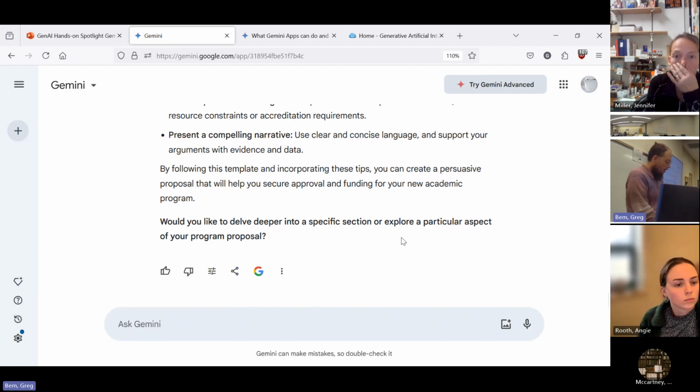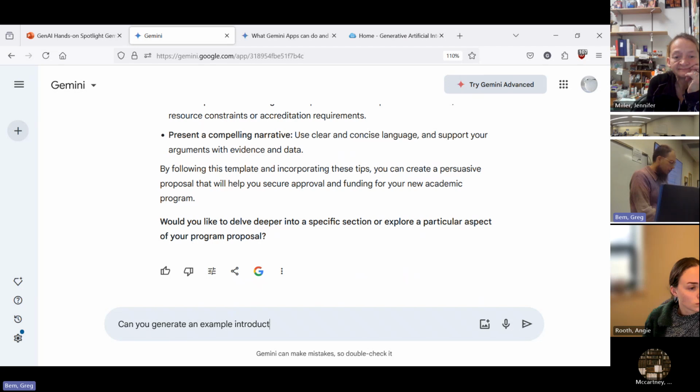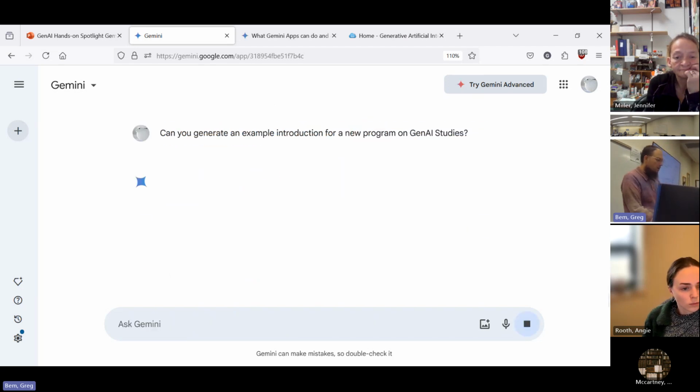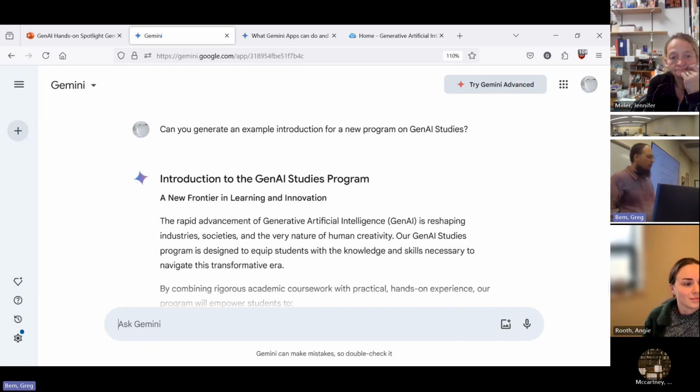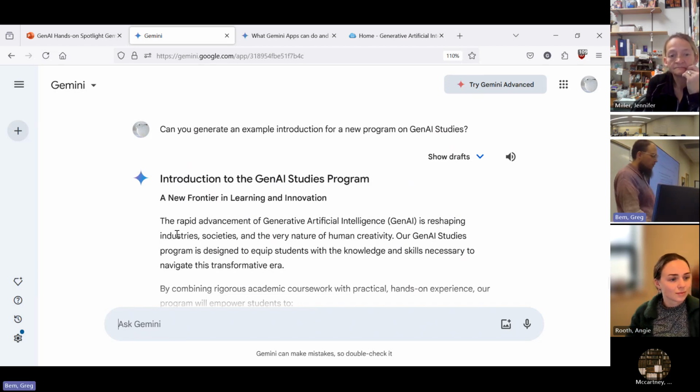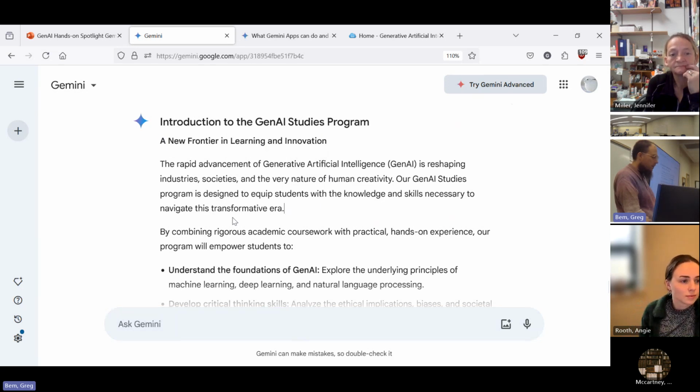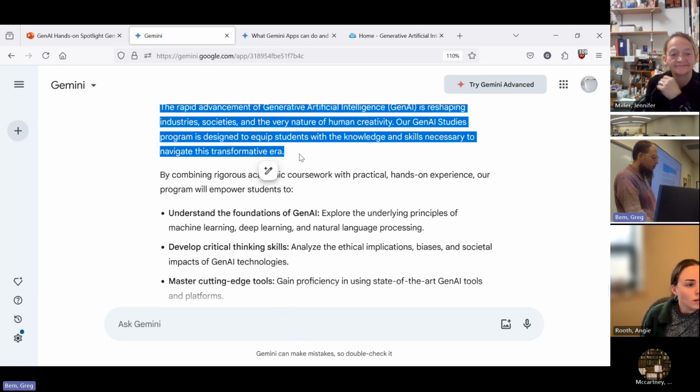Now, let's say I want to generate an example introduction for a new program on GenAI studies. Not sure if GenAI studies is a reasonable program, of course, but let's just use that as a fun-filled example. Introduction to the GenAI Studies program, a new frontier in learning and innovation. So it provided a subtitle too, or maybe that's the introduction. And then it's providing the introduction text